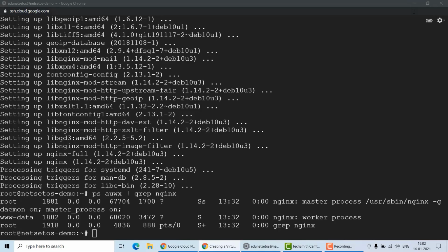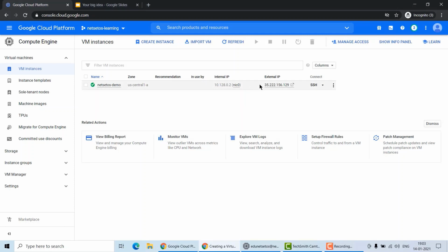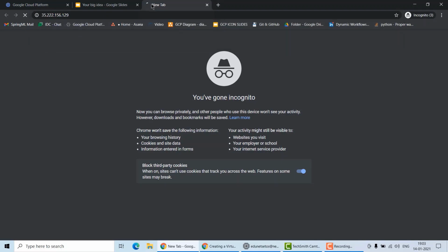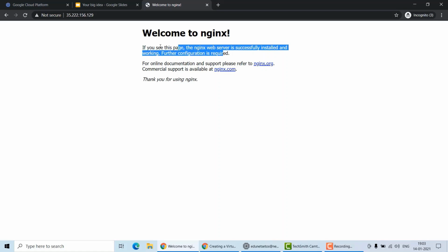Now let's see how we can check whether this is running in the real world also. Once you go there, you will get this external IP. Just copy this, paste it, write http://, and click on enter. As you can see, this is the welcome page of the Nginx web server. As I have already said, it hardly takes 5 minutes for me to get a VM and get my server running. So if your code is ready, you can make your website live in less than 5 minutes. That's the power of Google Cloud.